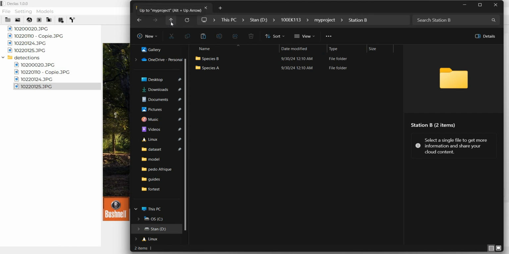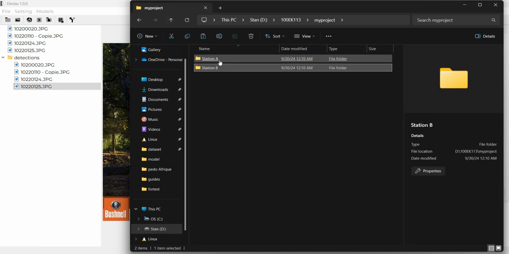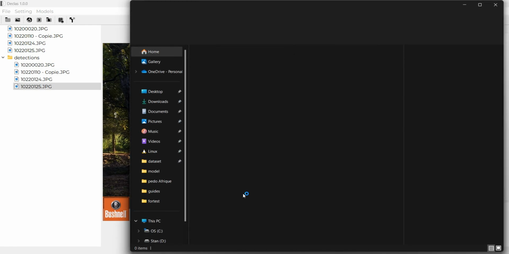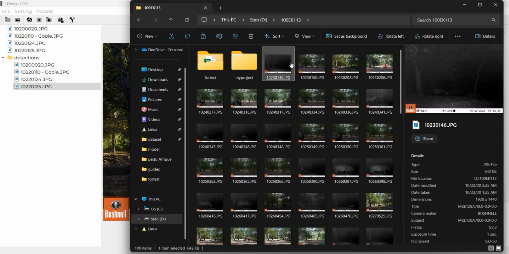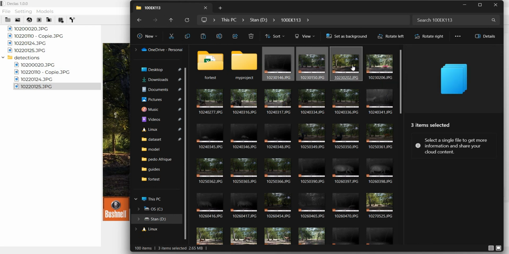Now what I need to do is to provide some media that my camera installed at this station took for me. So let me come back here. I prefer to open another window, and put some image media in this folder.